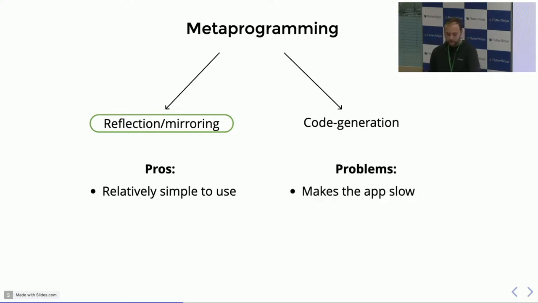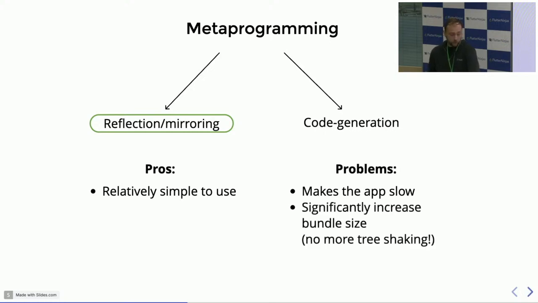The problem is it can slow down the app quite a bit because it adds extra overhead over how to iterate over properties and stuff like that. Instead of a simple, highly optimizable read access to a property, you have to go through extra steps to read objects. It also tends to significantly increase the bundle size of your applications, in part because you can't really tree